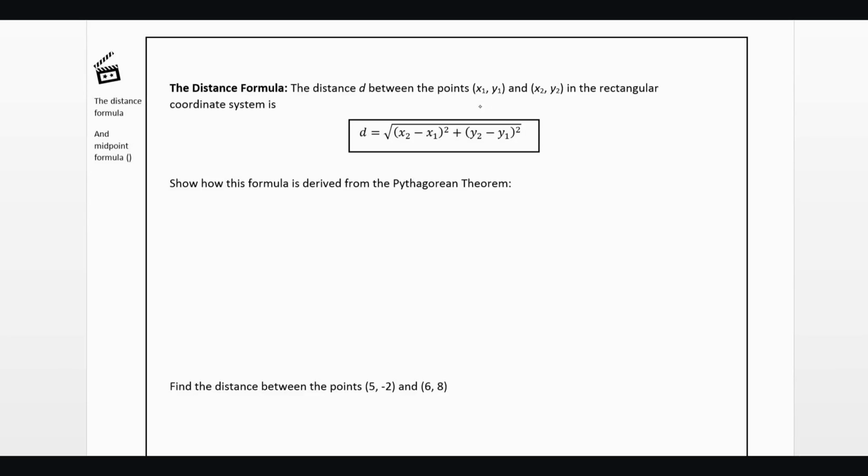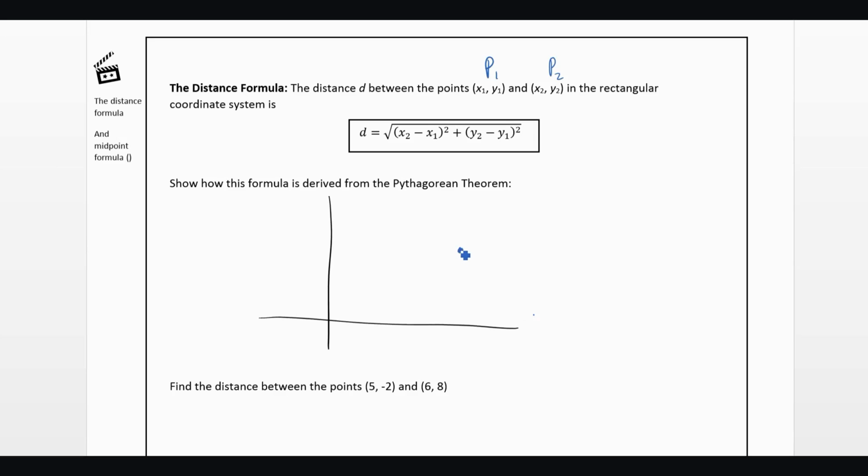If you have points, this is our first point that we're labeling x1, y1, and our second point, we'll just call this point 1, point 2 is x2, y2. Then the distance between them is equal to the square root of x2 minus x1 squared plus y2 minus y1 squared. And to kind of see how we get this,